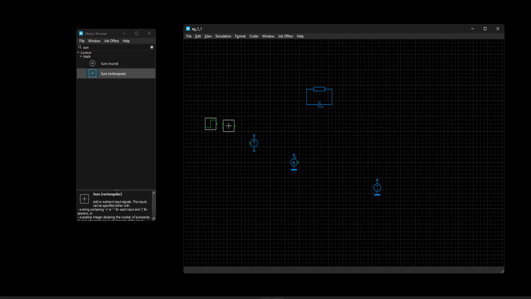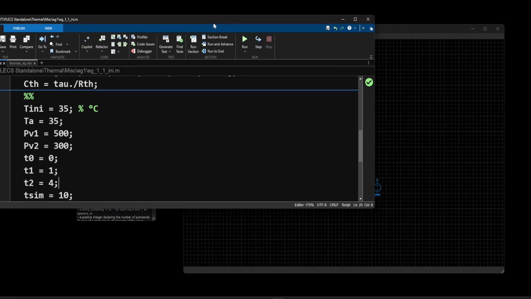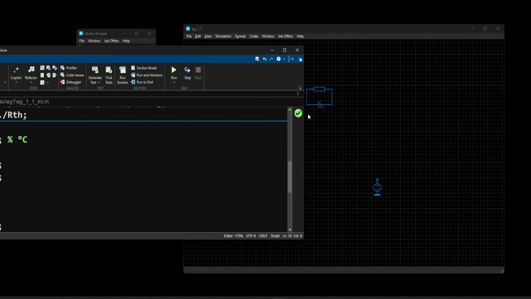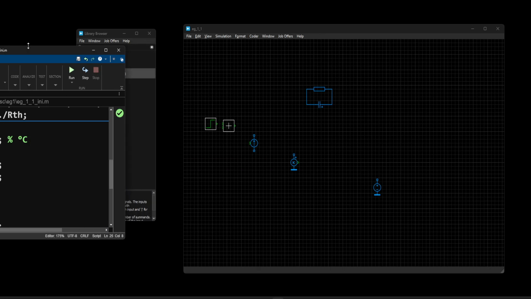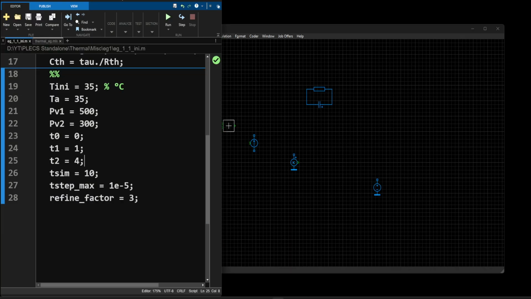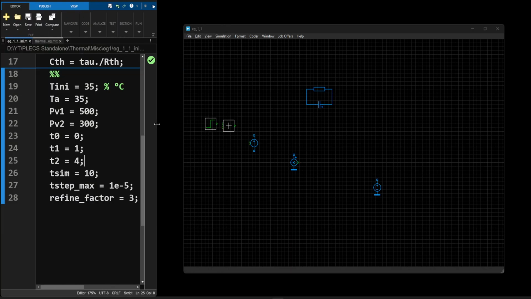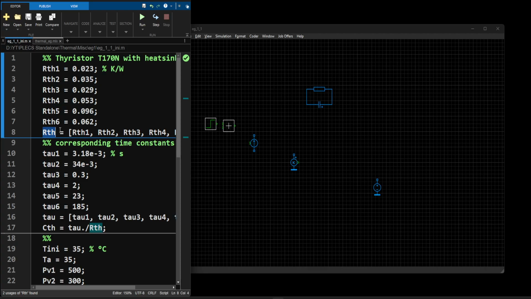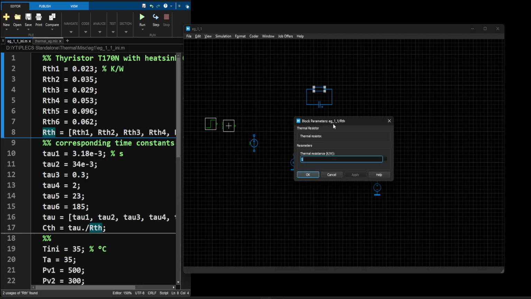So this one, if you go back to our M file, let's keep it to the left. You see, we already have built up a vector for that. That means we can take the reference of RTH, or elements running from 1 to the final element. That means up to 6th. So I will use this MATLAB indexing,